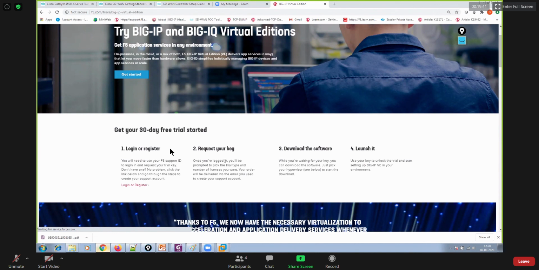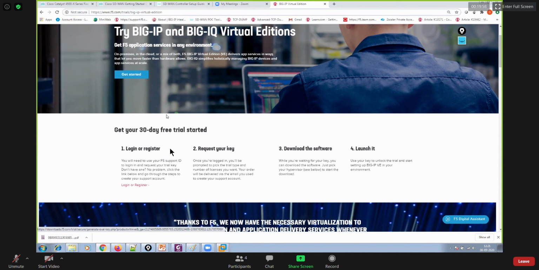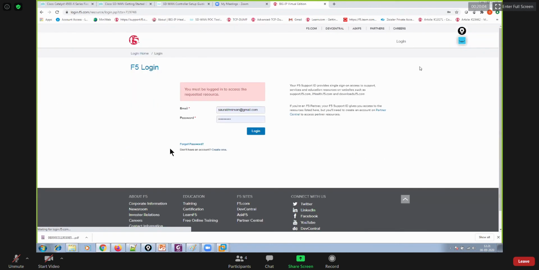If you already have an account, then you can directly log in, and if you do not have an account, then you will have to register yourself. I don't know why it's taking so long. Okay, perfect.